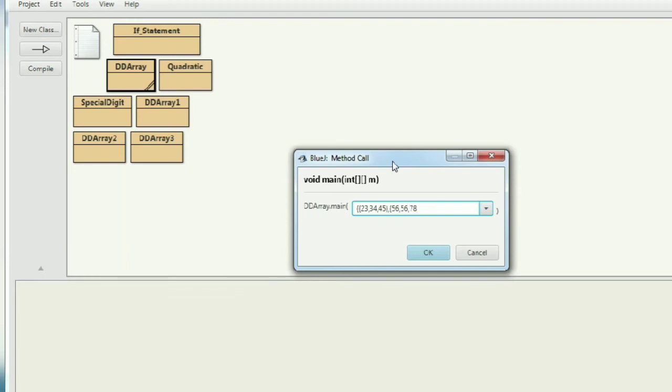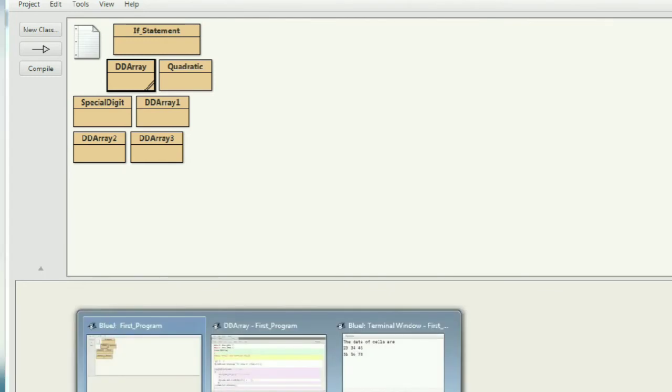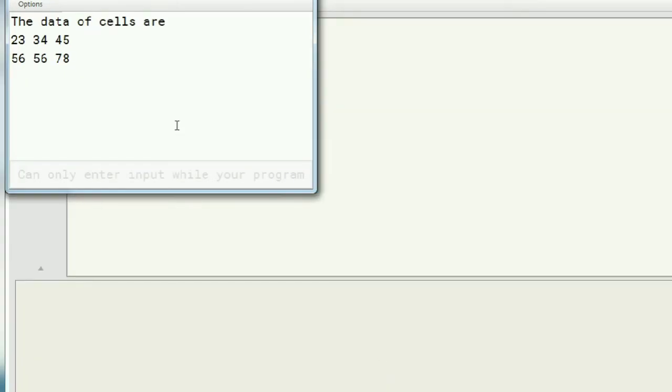This is the way: inside curly brackets, separated by commas. So here are 2 rows, this one is the first row and this one is the second row, and 3 columns. This is your double dimensional array in matrix form.